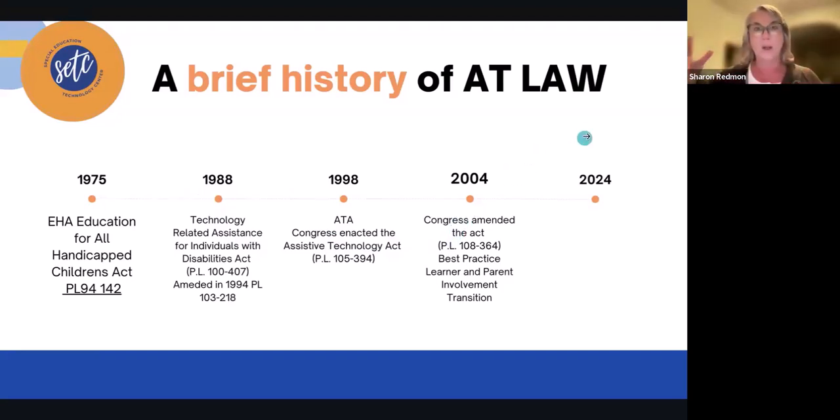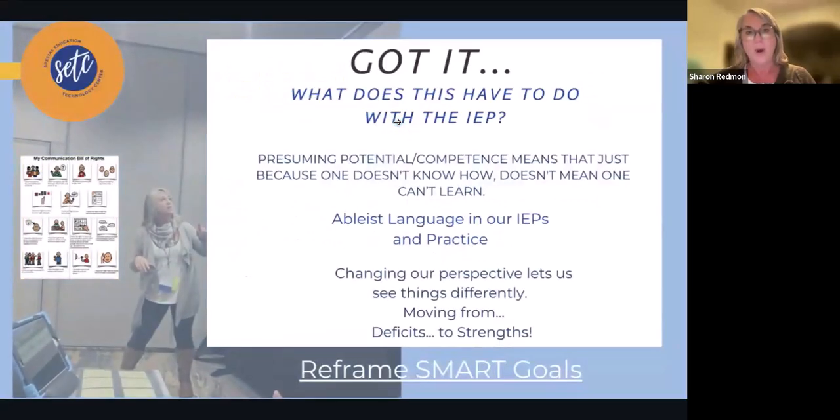So we could take a whole class and do years of assistive technology law and disability law. But that's not what we're here for. My main point of showing you this is that when we're looking again at the language that is in there and how the IEPs have been created, it really has stemmed from there. So